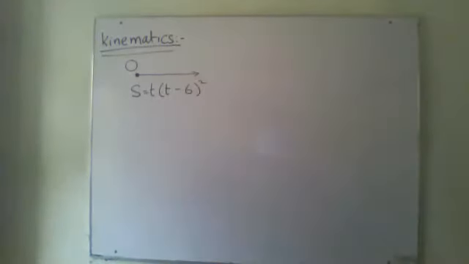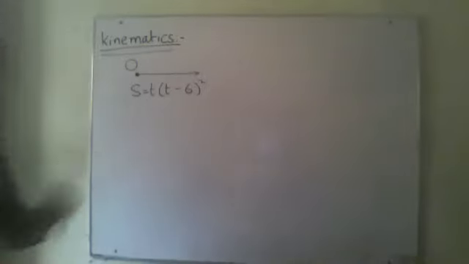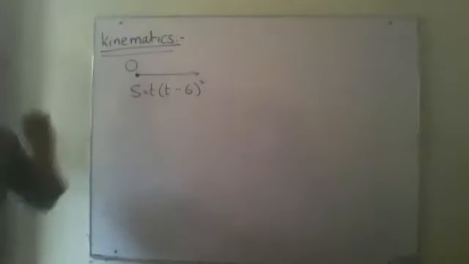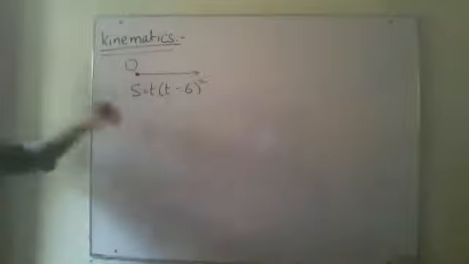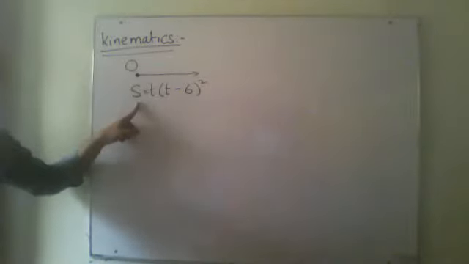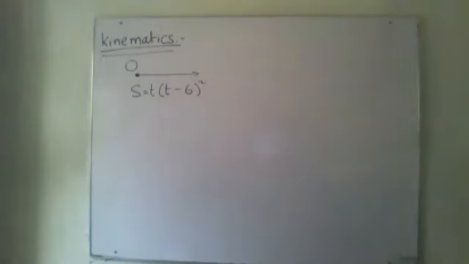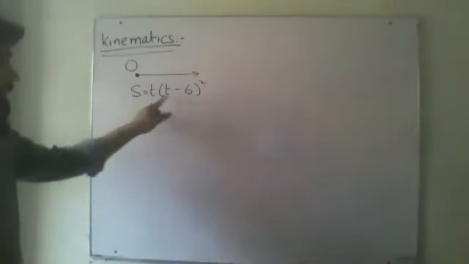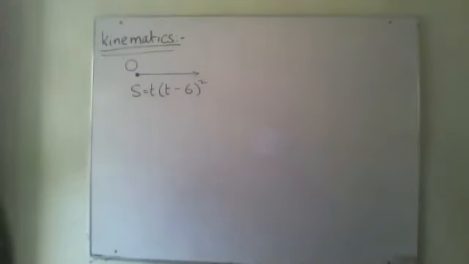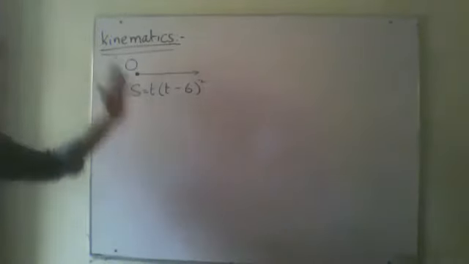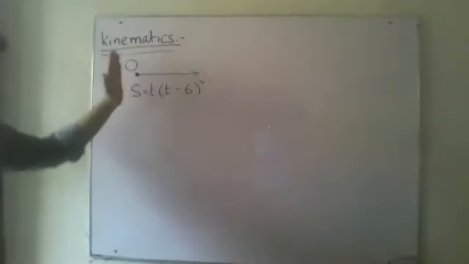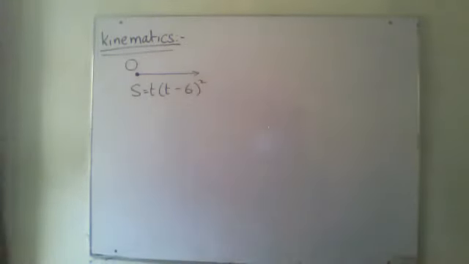Okay, they are saying that a body is moving in a straight line starting from O, and the displacement equation is also given from the starting point. As you can see, the displacement equation is given in terms of t, where t is the time in seconds after passing O. t is the time after it passed point O, when the t has started. Now they are telling us to find something.